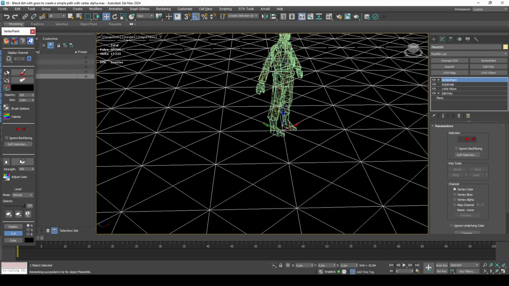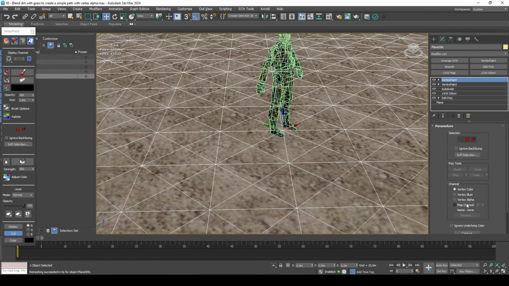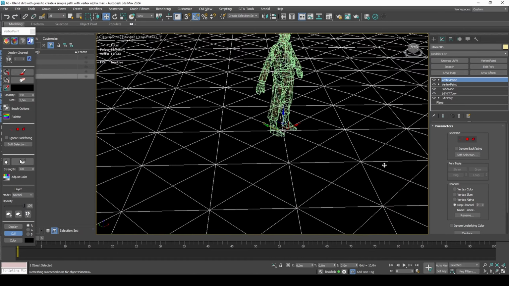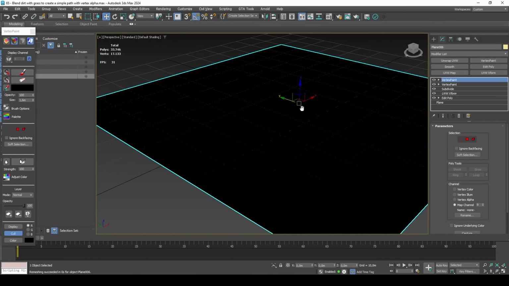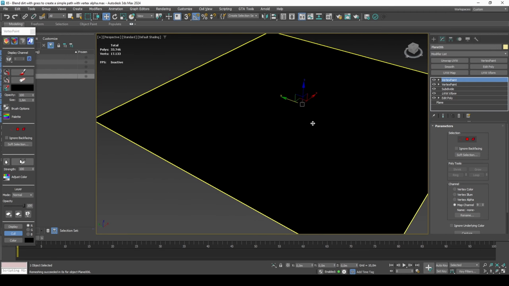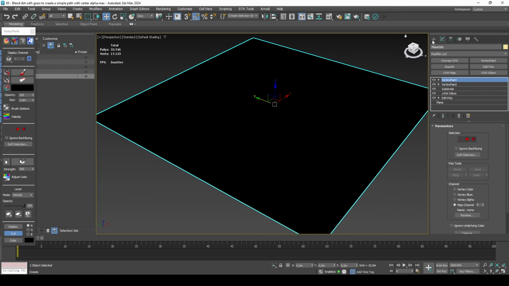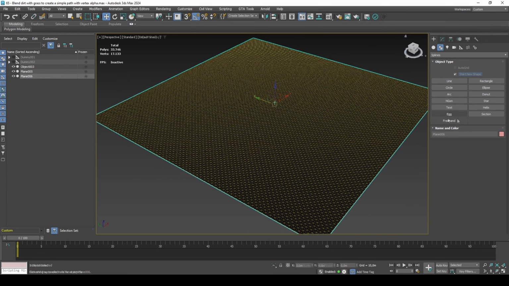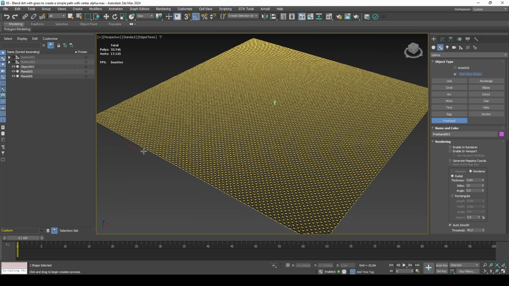Paint your vertices black. Add another vertex paint layer and start working on a white mask for the path. Traditionally, you would paint with a brush and maybe change the brush settings in the brush rollout, but as I want my path UVs to follow the direction of the path, I will instead use a spline to guide my